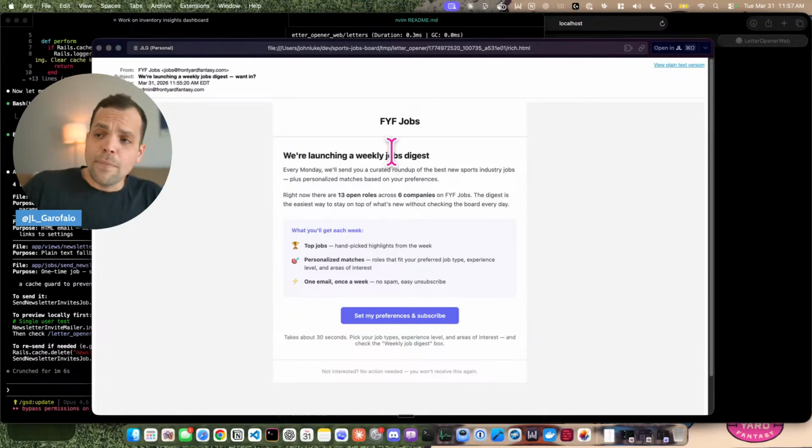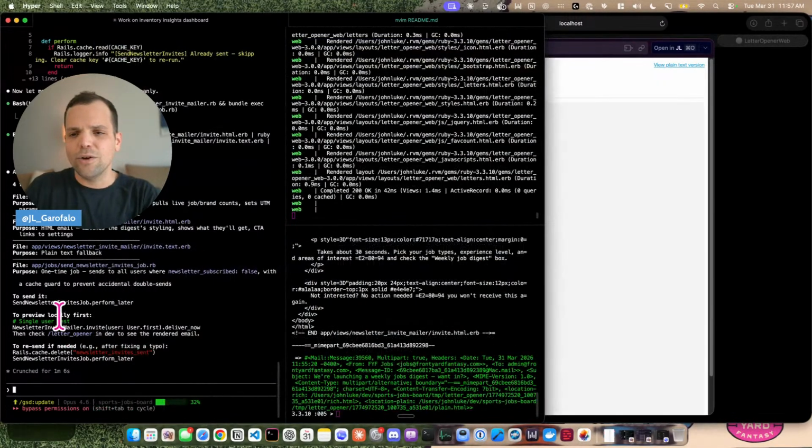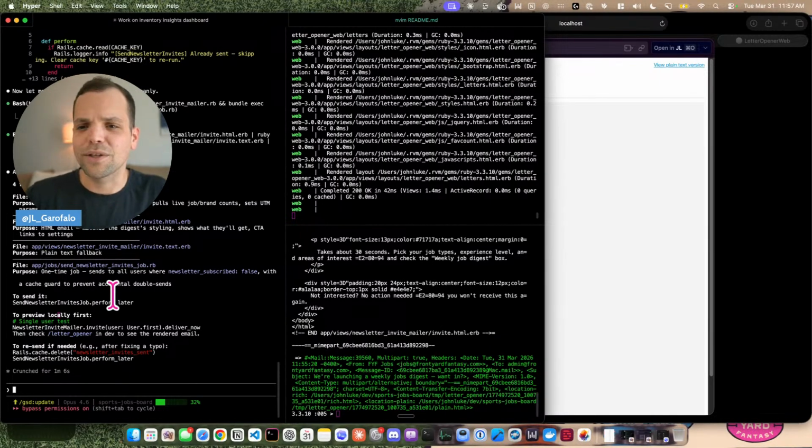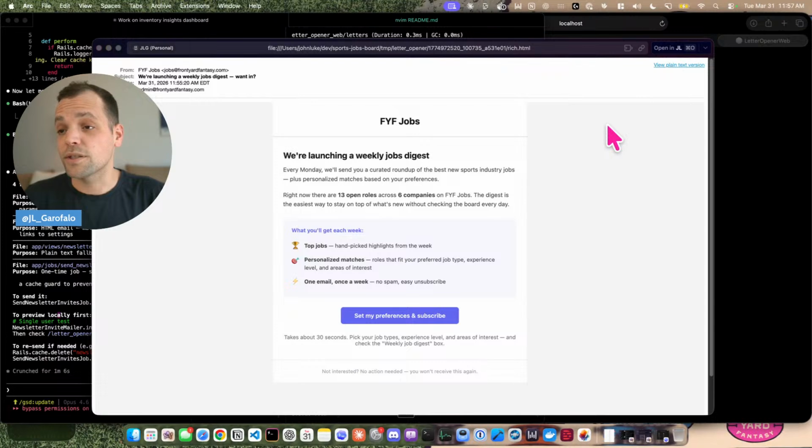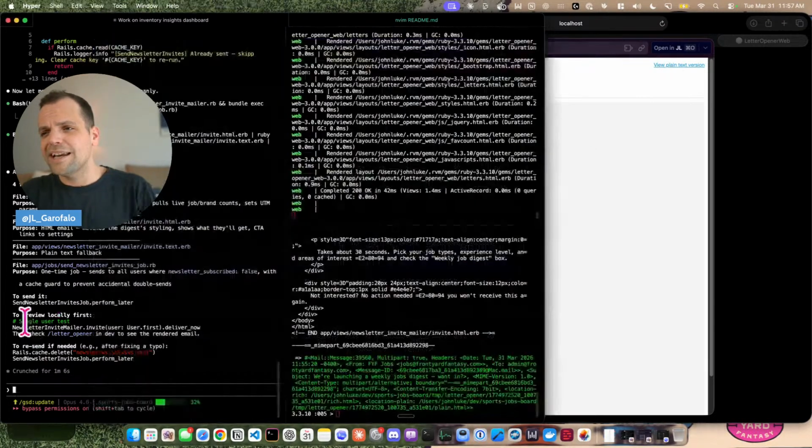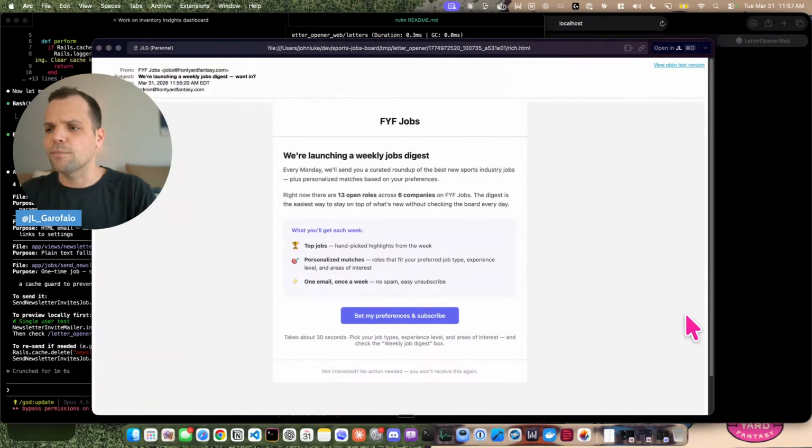The copy is not bad. Do we want to change anything in here? The only thing I might want to add is a logo and stuff. Logos on emails are kind of tricky. Emails don't really work like web browsers do. They're a little bit more limited, and that's why you sometimes get weird fonts and stuff on emails that don't load, and logos and stuff like that. So we could add it, but that's kind of nice to have. Less important at the moment. This is the first piece of this that we need. Let's go ahead and tell it to.